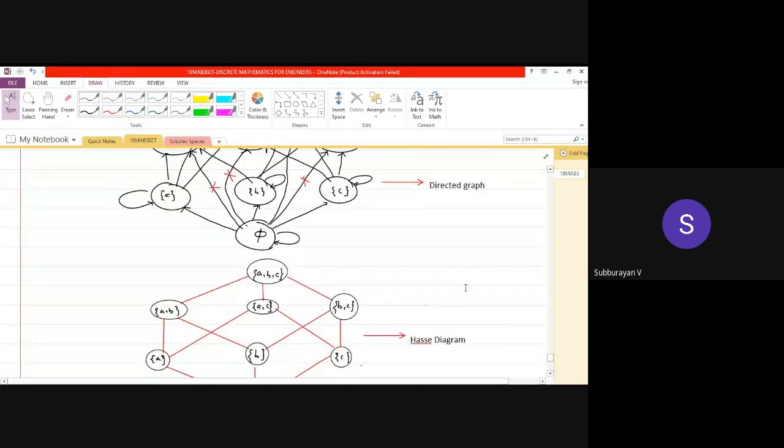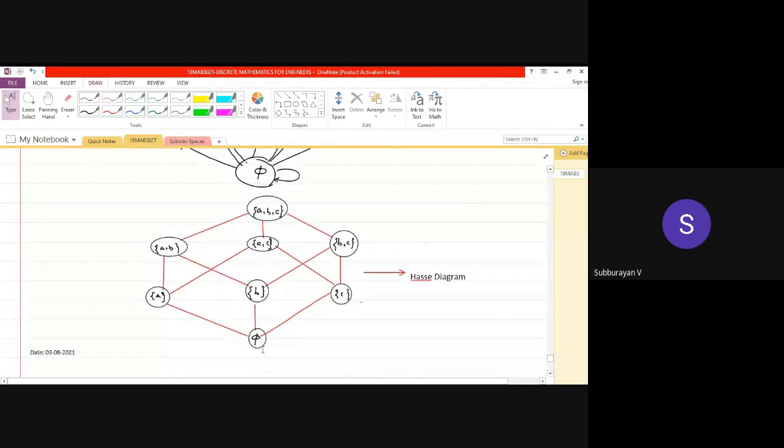And another last point is, this is the Hasse diagram, therefore no need to represent the direction. This is a Hasse diagram, with the empty set. Look at this, there was an edge from phi to AB. Now we removed it because this relation is transitive, because a partial order relation is a transitive relation. So no need to draw the edge due to transitivity. This is a Hasse diagram.